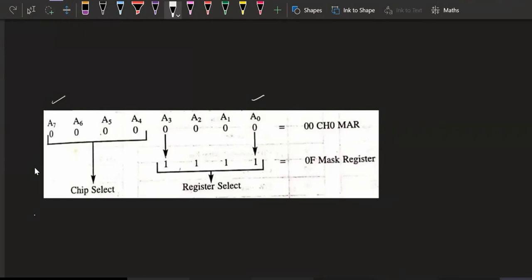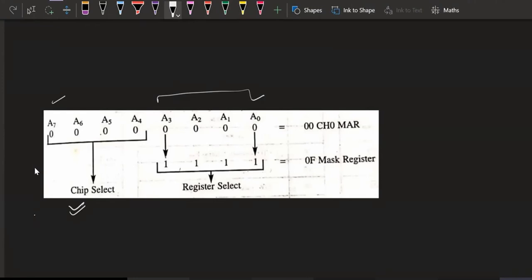This chip select is controlled by A4, A5, A6, and A7 values, and combined they are considered as chip select. And the remaining lower nibble,